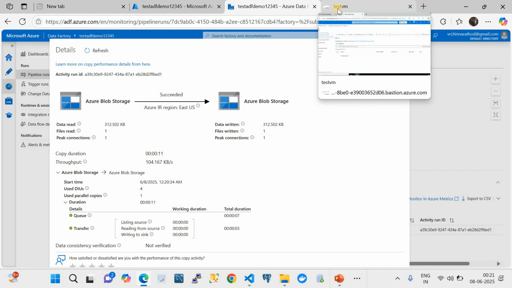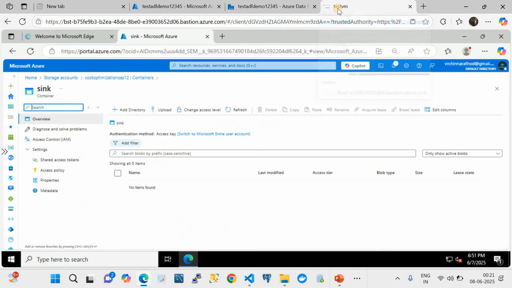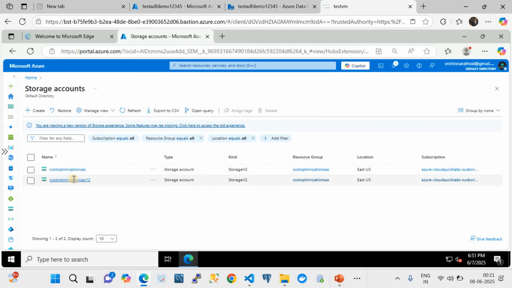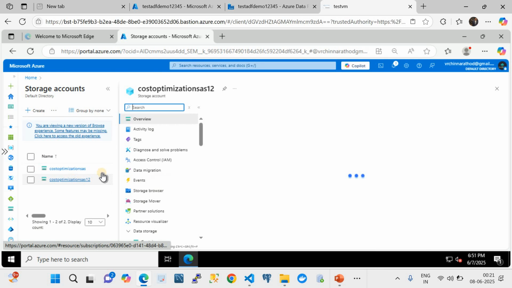How do I see the jump server in the my tab? By seeing a VM name. So when I click on that VM name, it takes me to the VM session that is accessed over the Bastion service. Now when I go back to the storage account and try to see my destination storage